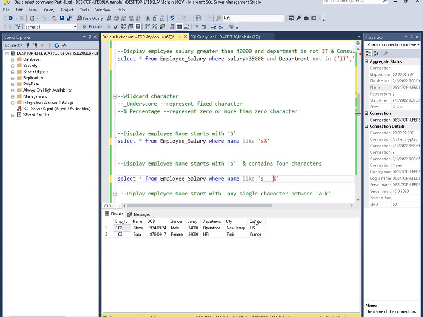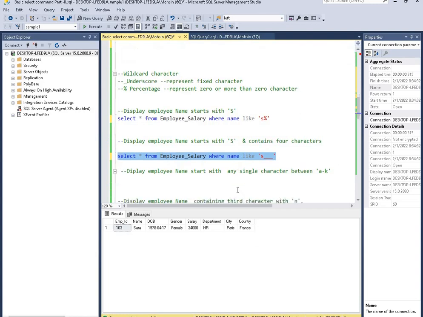It is asking for 4 characters, so I should not use percentage. That's why I remove percentage. Here you can see Sarah is the only person whose name starts with S and contains 4 characters.